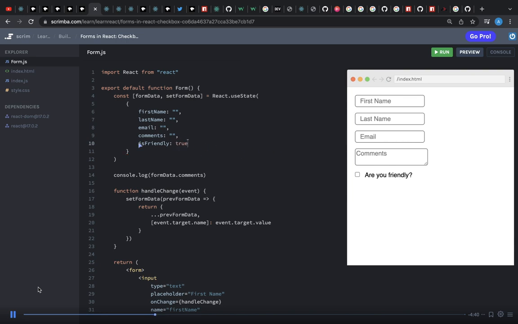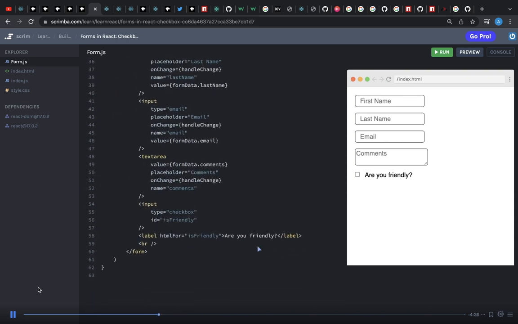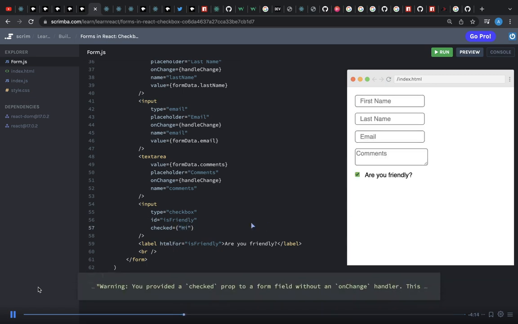And just to give them the benefit of the doubt, we'll call it true as the default. As I briefly mentioned, to associate our state isFriendly with our checkbox, we're not going to use something like a value property, but instead we're going to use a checked property. Now, because a checkbox is either checked or unchecked, the value that we put in here for checked needs to be a boolean, or at least whatever you put in will be interpreted as a boolean. So if I put something truthy in like the string hi, it's going to check the box. If I put in something falsy like